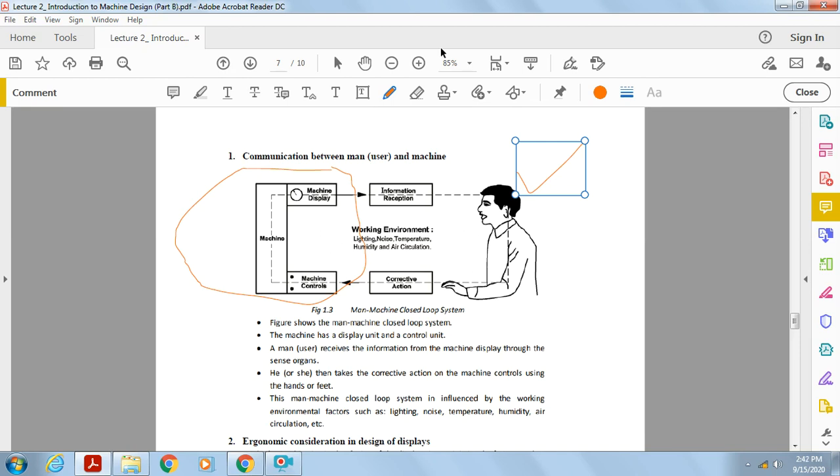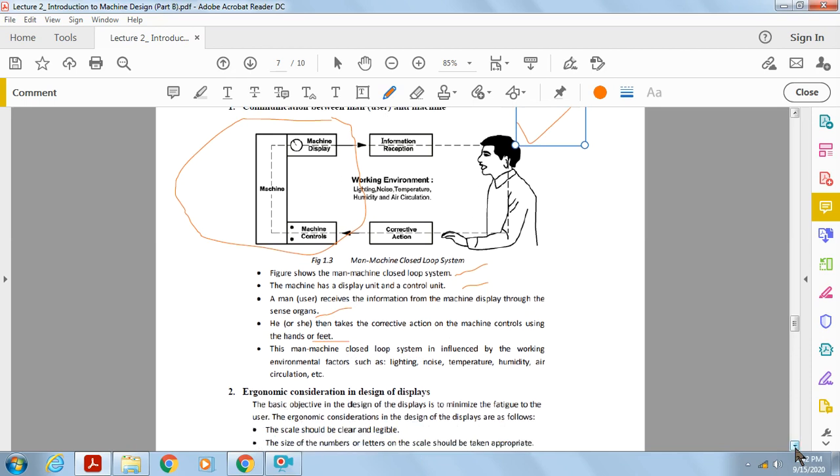Okay, now this figure shows the man-machine closed loop system. A machine has a display unit and a control unit. So this is the display unit, this is the control unit. A man or user receives the information from the machine display through the sense organs. He or she then takes corrective action on the machine control using the hands or feet. This man-machine closed loop system is influenced by working environment factors such as lighting, noise, temperature, humidity, air circulation,